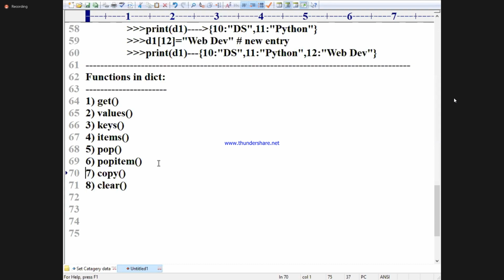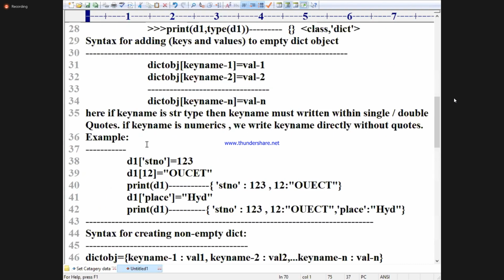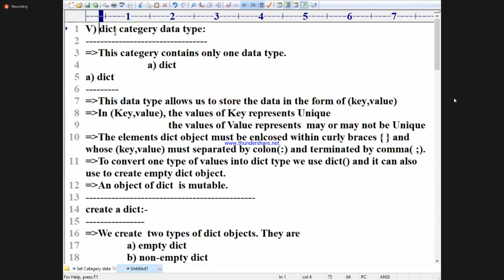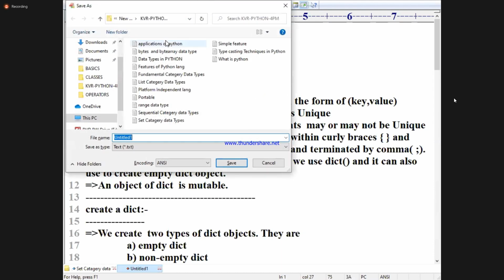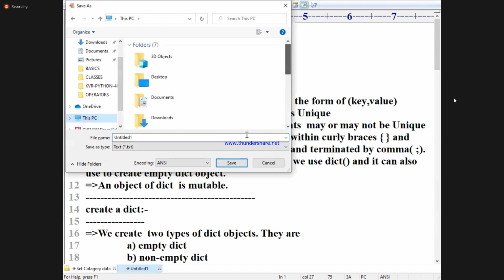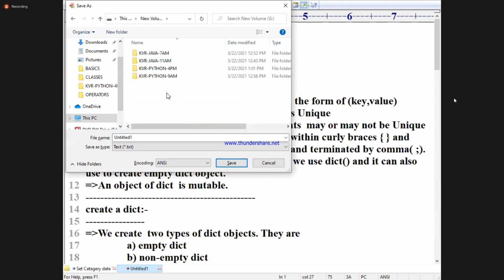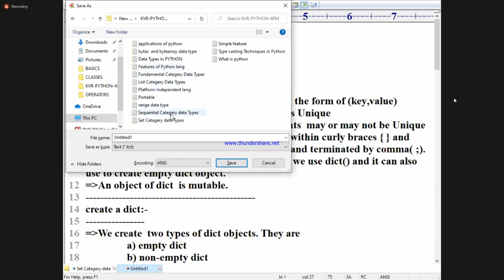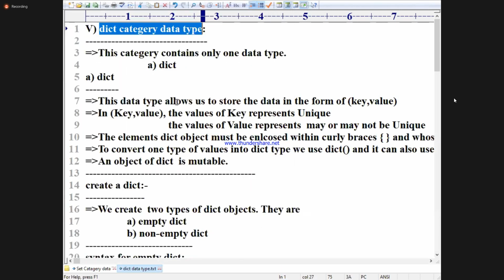After the dict data type is over, I will save it, and tomorrow's class I will upload in the Google Drive.